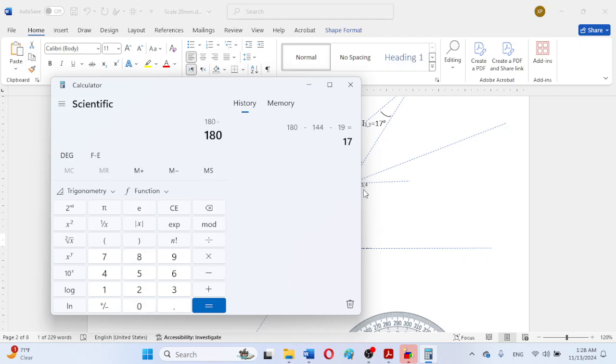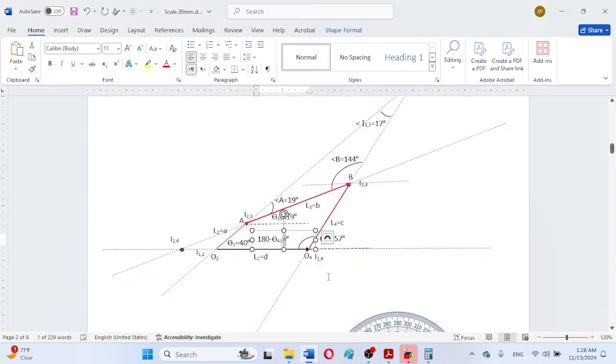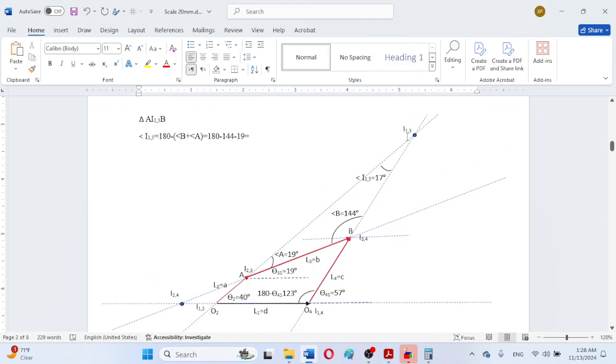We can calculate it here, 123 degrees. So 123 degrees. So as we can observe, the angle between the I1,3 and I1,34 line and this line